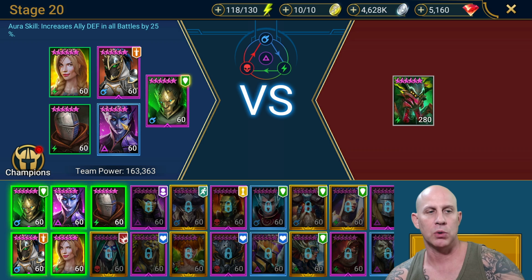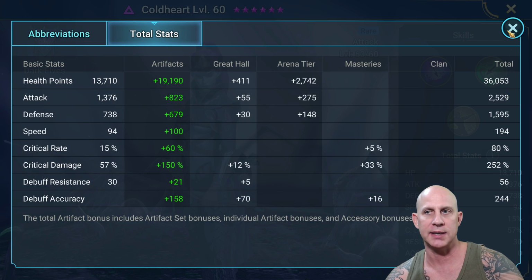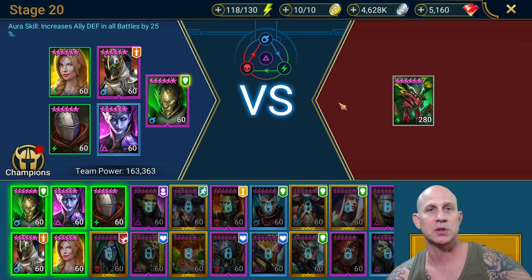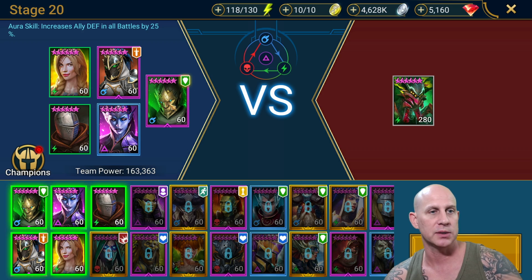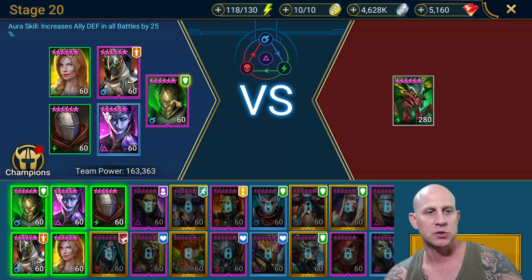Because Cold Heart will go 2 turns before the spider boss goes. The Cold Heart will go 2 full turns at 194 speed. That's pretty fast. She'll go 2 turns and deplete the turn meter of the spider boss before she gets to move at all. And we've got him in here, Terrell can do a hit as well to lower the turn meter on the second turn, and he's fast enough. So really with Terrell,